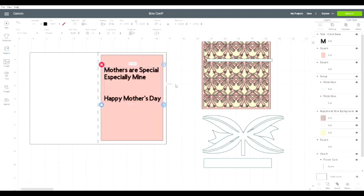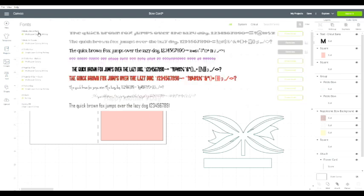That's pretty good. Now, I want to center these words. Right above this is the word alignment. Click on it and hit center. Perfect. Now, the next thing I want is I don't want this particular font. If I go up here, now the words are still highlighted. I go up here and I get my